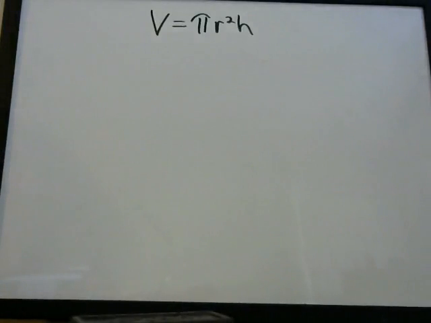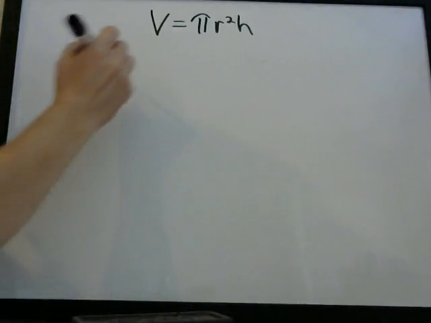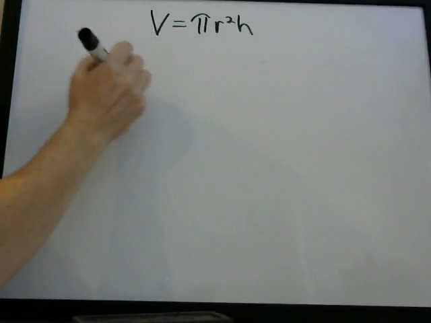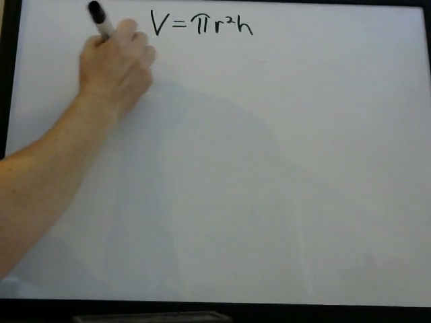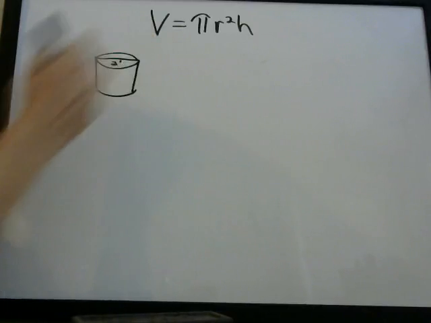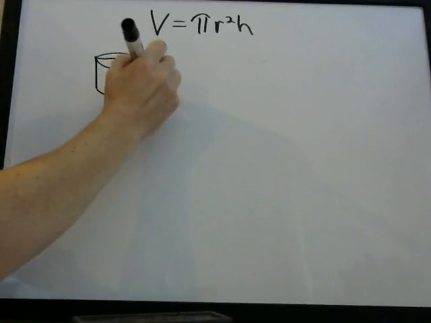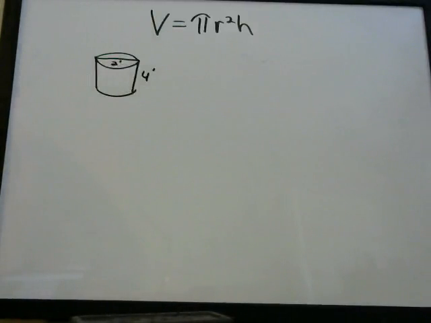Here, let's say you have an oil drum. So I'm going to draw this out. We have an oil drum, and they're going to give us the diameter is 2 feet, and the height is 4 feet. And so they're going to say